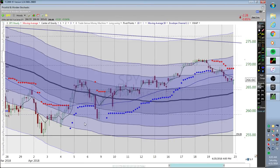It's the 21st of April, Saturday, and I'm going to go through a bunch of charts this weekend, but I'm just going to start off by going through the top 10 or 15 ETFs and just giving you my perspective, and also to remind you how I look at the market. I like to look at money flow, and I like to look at its standard deviation from what I call the center of gravity, which is the moving volume weighted average price,